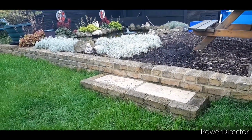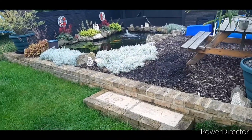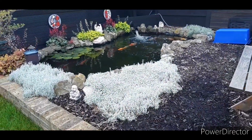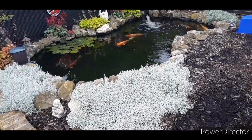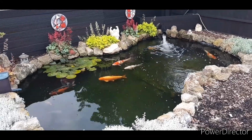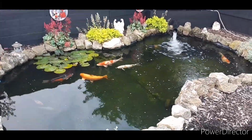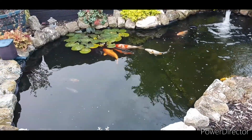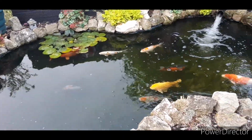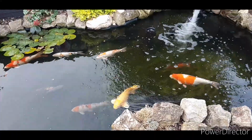Good morning everyone. It's now Sunday morning. I've just come up to have a look at the pond and look at my koi. So yesterday in the video I showed that there was some loose debris, or a build-up of debris shall I